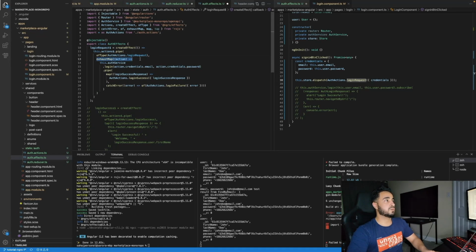And then we do an exhaust map, and then inside there we actually do our API call. So auth service is what I have from OpenAPI that does my actual HTTP call, and it sends in the parameters. So notice how it gets the email and the password credentials from the action object. So login request